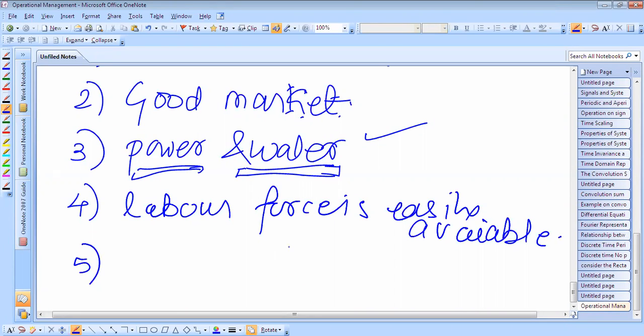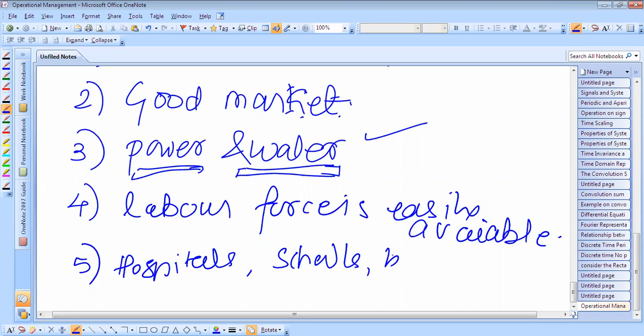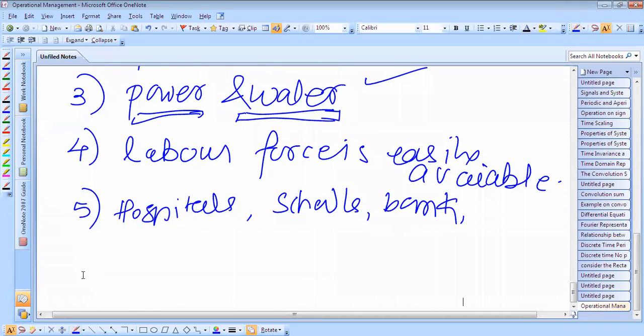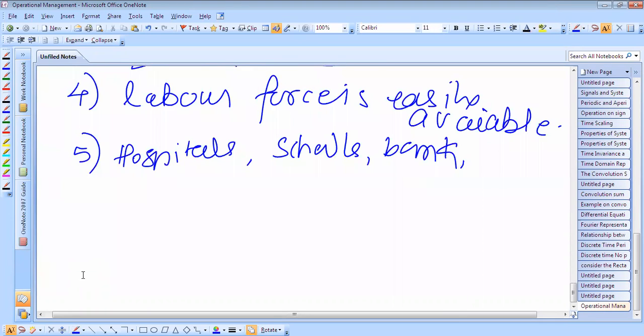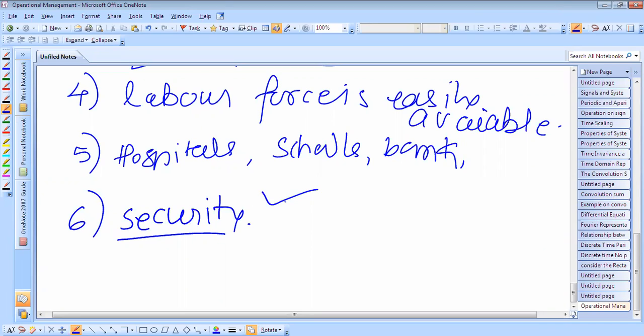Okay. Next, it has good hospitals. Then we can say marketing centers are there, schools are there, banks are there, recreation sites, post office, everything is there in the city if you select your plant in the city. The factory can be set up in an existing available building. Then many other small industries existing nearby can work as ancillaries, and security is also there. So these are all the advantages if the plant is located in the city.